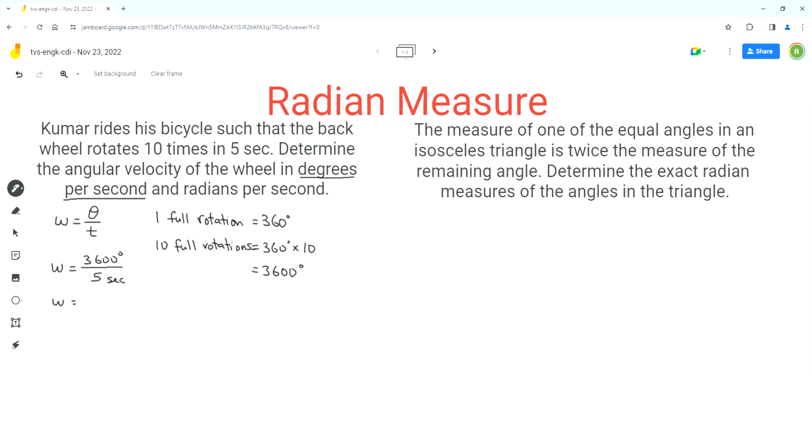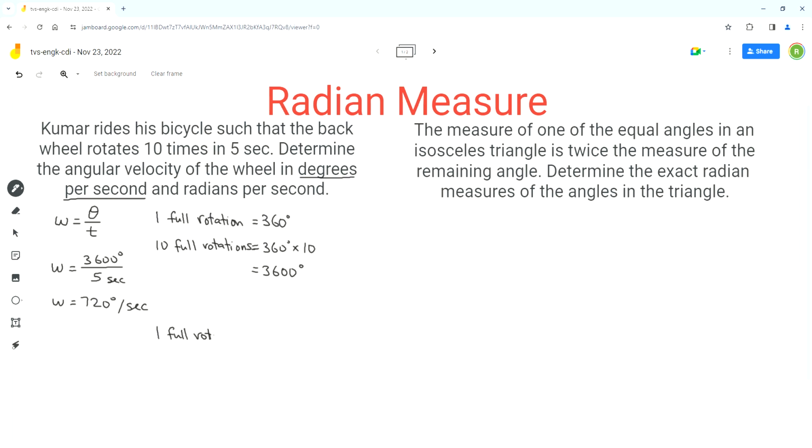And now we can evaluate this expression. So I got 720 degrees per second. So that's the angular velocity of the wheel in degrees per second. Now we should calculate the angular velocity in radians per second. So for that, we'll use the angles in radians. So for radian measurement, one full rotation